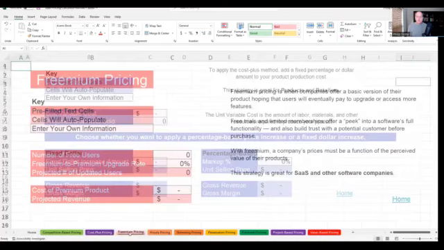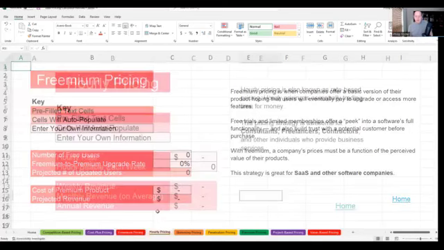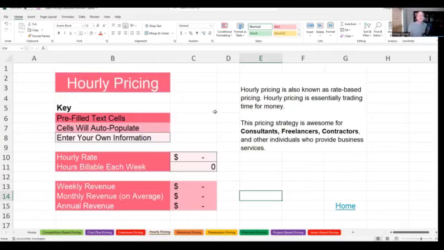Then if you want to look at the freemium, again, number of free users, then the freemium to premium upgrade rate. So you're going to assume that you're going to have a 25% upgrade, meaning that they are free, but 25% of them upgrade. And then you want to enter in what you believe the cost of the premium product to be, and then it projects your revenue. Hourly pricing, again, this is if you're doing a service and you're charging by the hour,